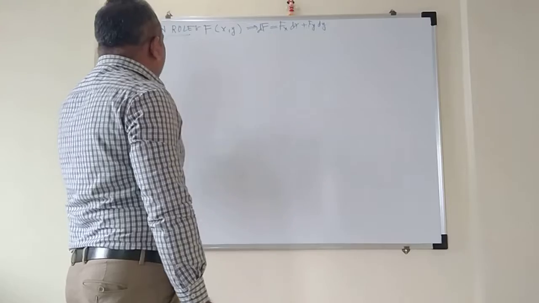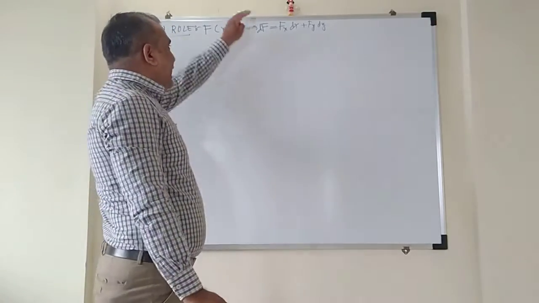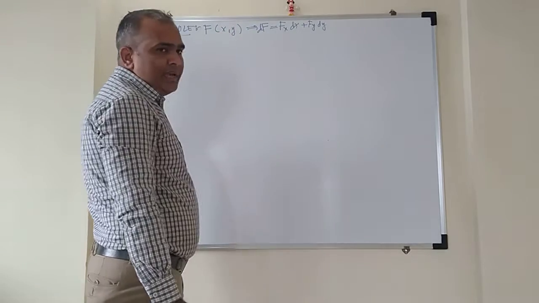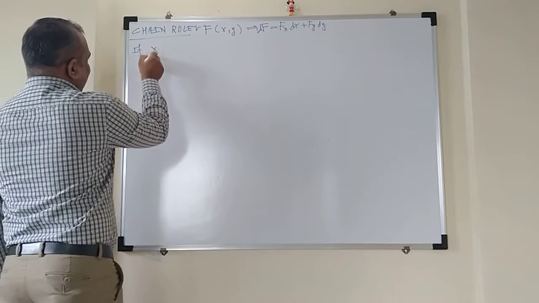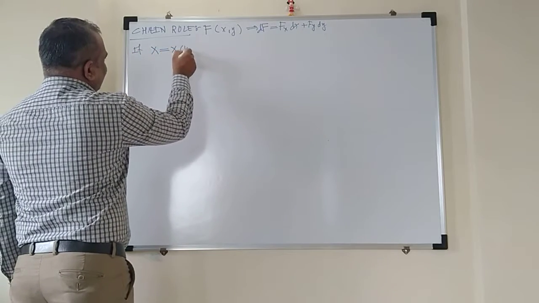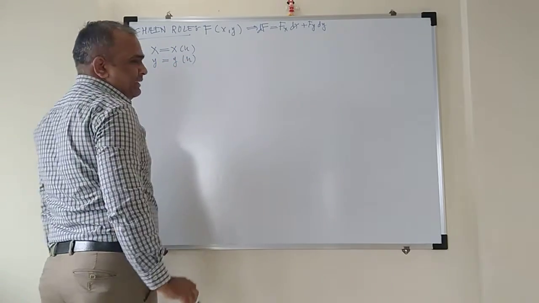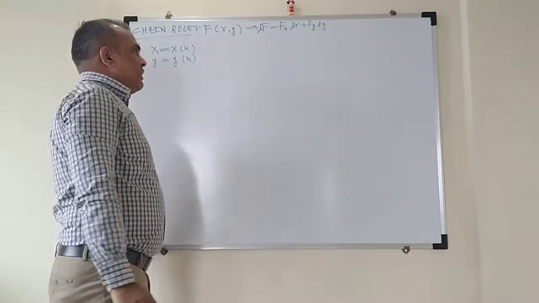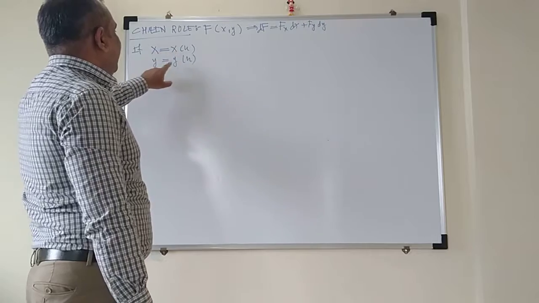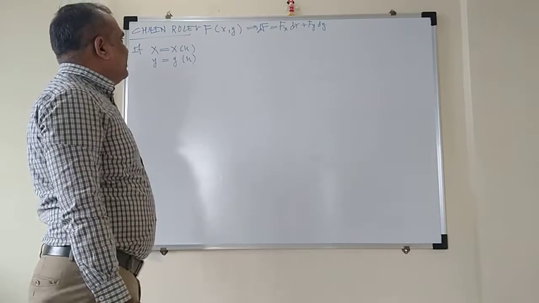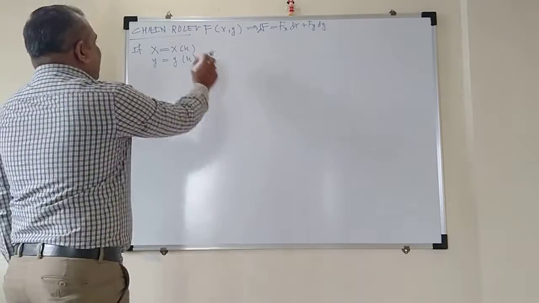Isn't it? Now, the chain rule is used when f is a function of two independent variables x and y, and along with that, x is again a function of u and y is a function of u. In that case you can use the chain rule. If x is a function of u and y is a function of u, then you can calculate the derivatives of it. Fine.